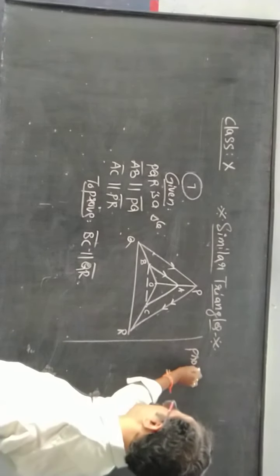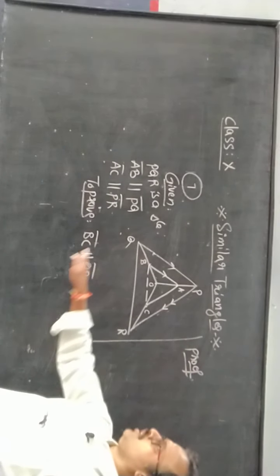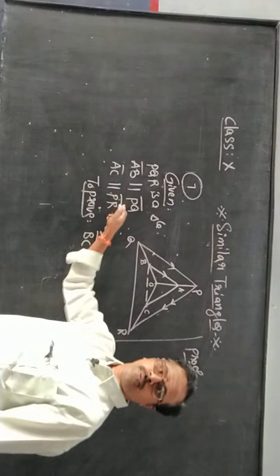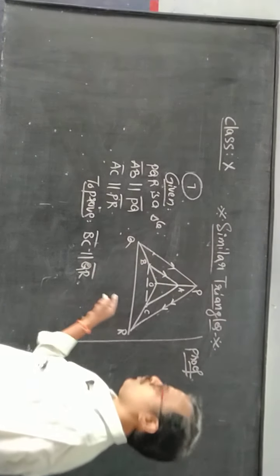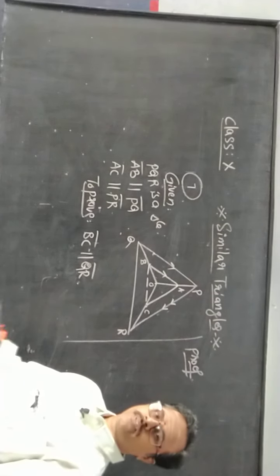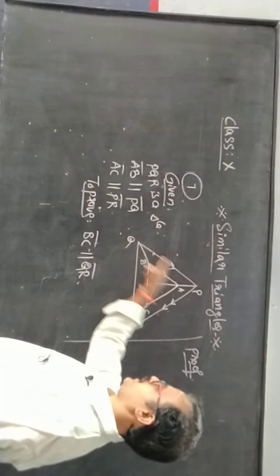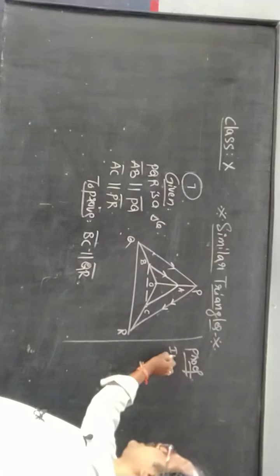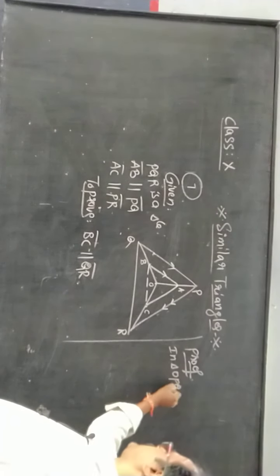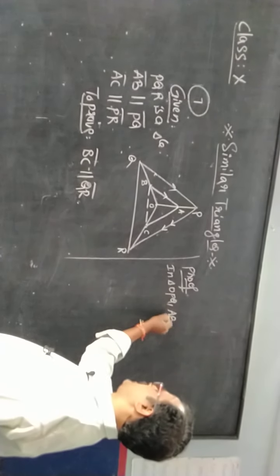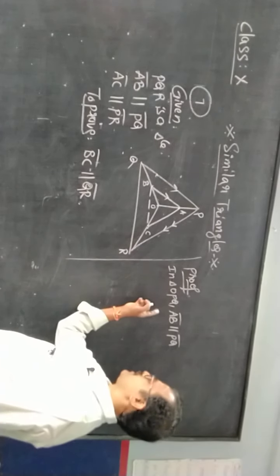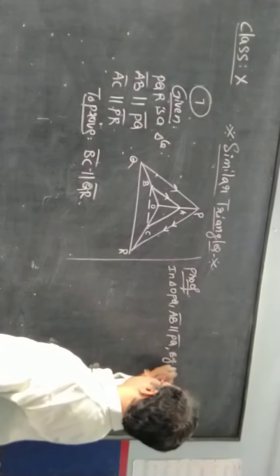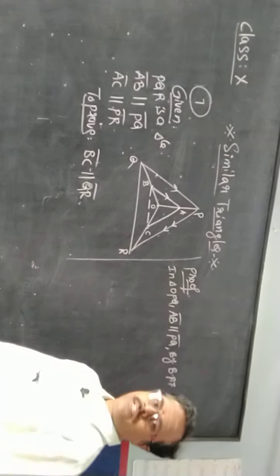Now coming to the proof. Okay guys, now observing this AB parallel to PQ. Where is AB here? Now observing AB and PQ, what triangle do you choose here? OPQ is the triangle you choose. Right, in triangle OPQ, AB is parallel to PQ. AB line segment parallel to PQ line segment. Okay, then by BPT, basic proportionality theorem.